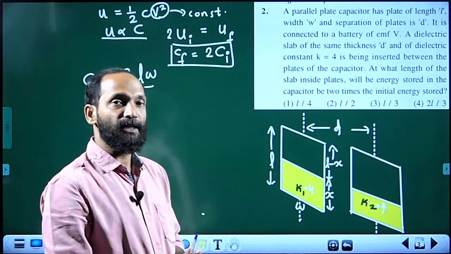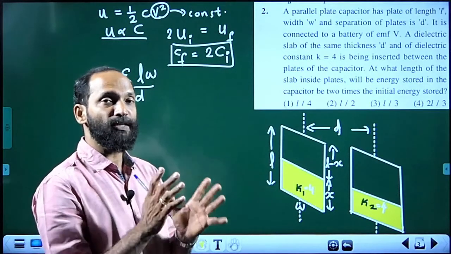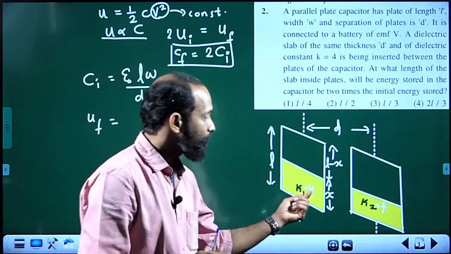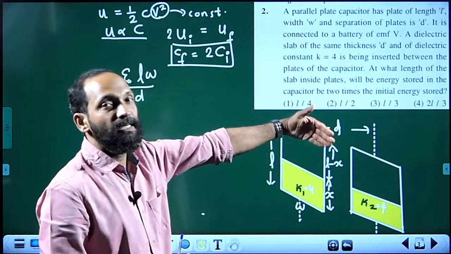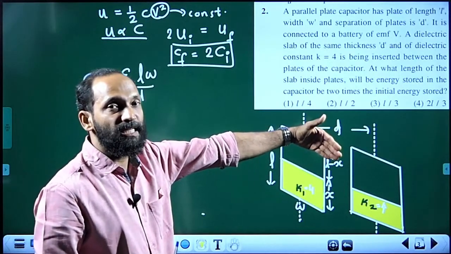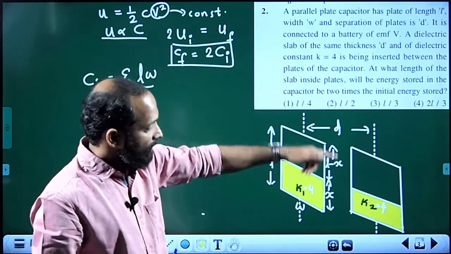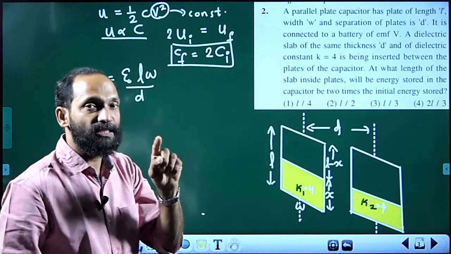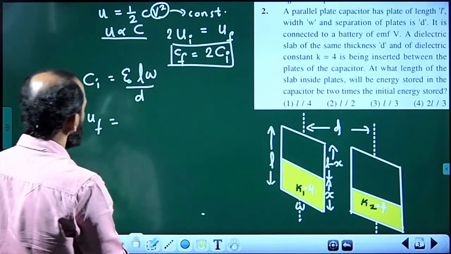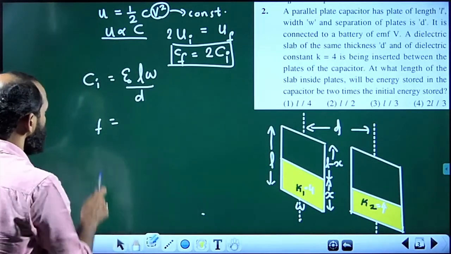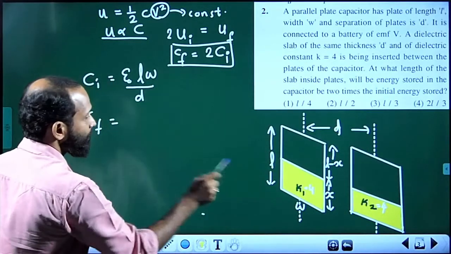We know in parallel combination, equivalent capacitance is the sum of the capacitances of each, so you have to add the capacitance of the lower part and also the upper part where air is the dielectric. We know the lower part has dielectric constant 4, the upper part has dielectric constant 1, and we add up those capacitances. So the final capacitance CF is equal to